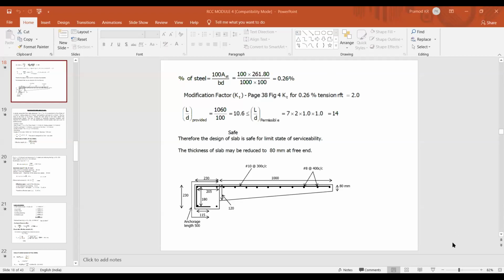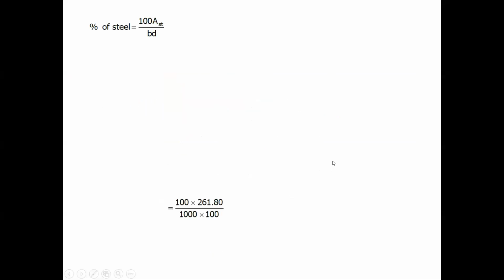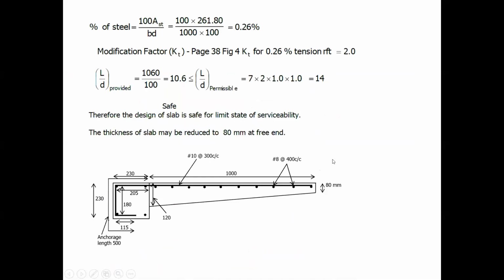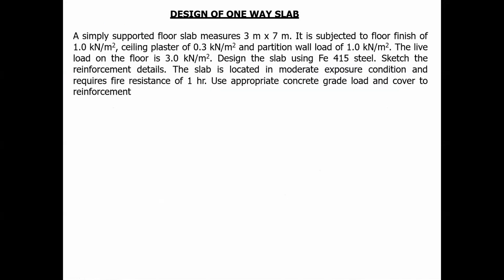Are you able to see the slide? Yes, sir. Okay, so take down design of one-way slab. Take down the question. A simply supported floor slab measures 3 meter into 7 meter. It is subjected to floor finish of 1 kilonewton per meter square,